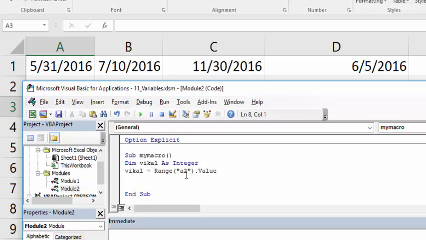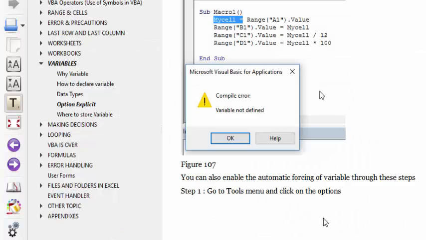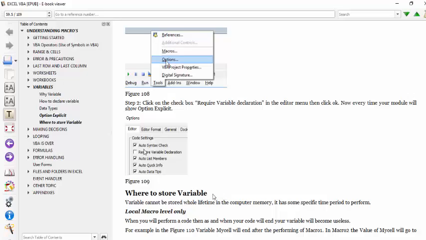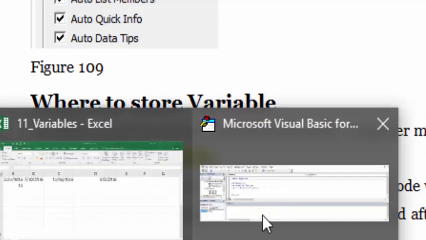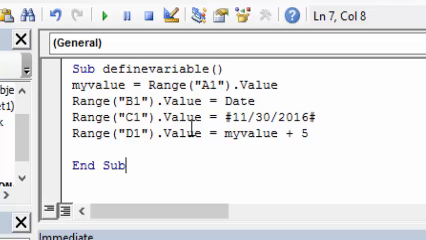So what we have to do this time, we have to do storage of variable. So where to store your variable? Local macro level only. What is the local macro level? If we go to module 1 again,